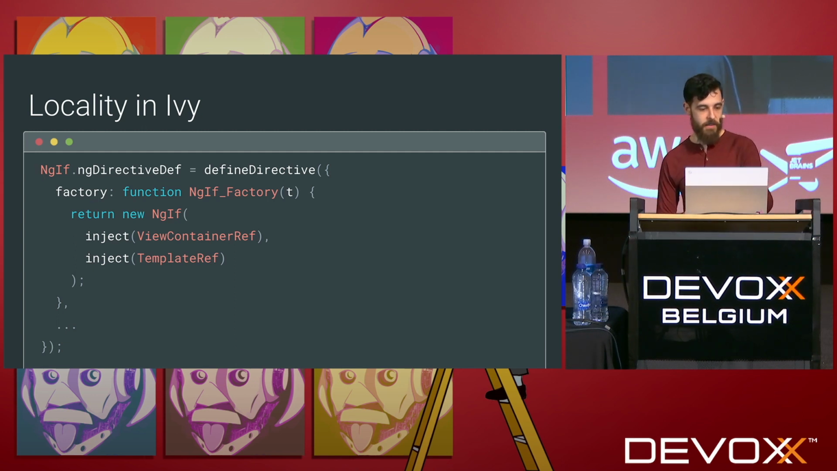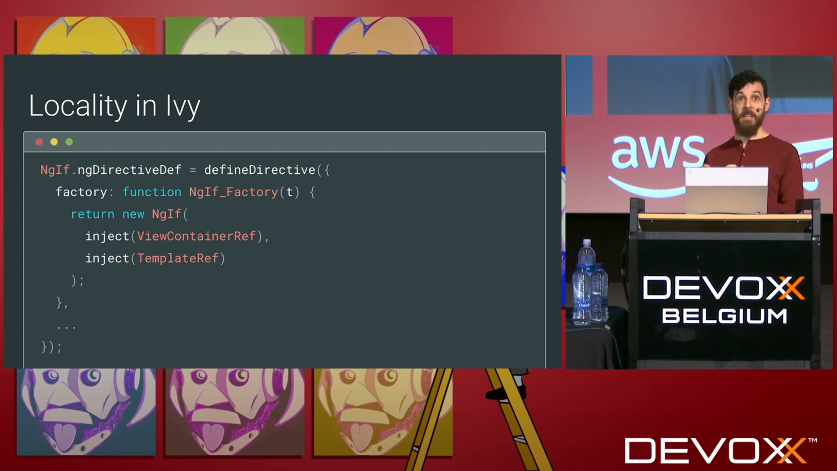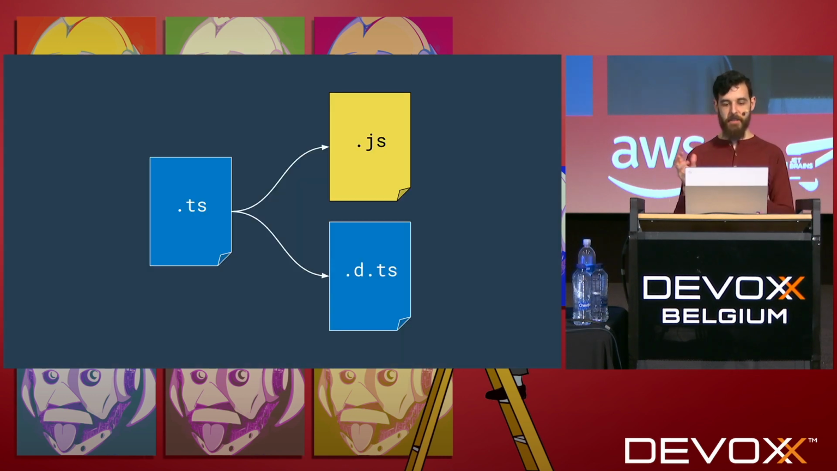And you can see here the directive def for ngIf is the thing that knows about its own dependencies, and anything that uses ngIf is just going to call this factory function and doesn't need to know anything about these dependencies. So whenever you make a change to a component that uses ngIf, you no longer have to reanalyze the ngIf itself. And so this is one part of the locality of the generated JavaScript code, but there's also a